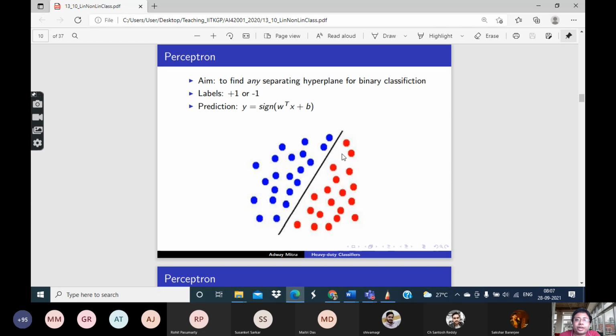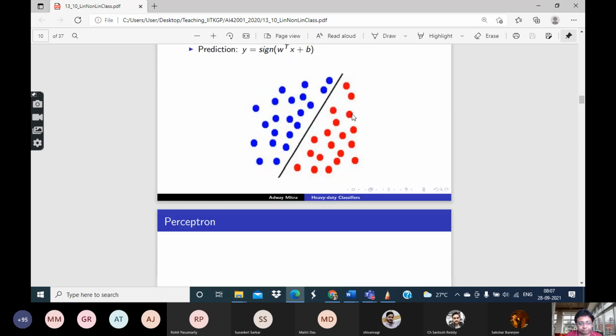Why do you want to find it? So that you can use it as a linear classifier. And what is a linear classifier? This is basically the linear classifier. The B we have decided to include within W transpose X. So basically, the linear classifier is defined in this way, where W transpose X equal to 0 is the equation of that linear structure, right?